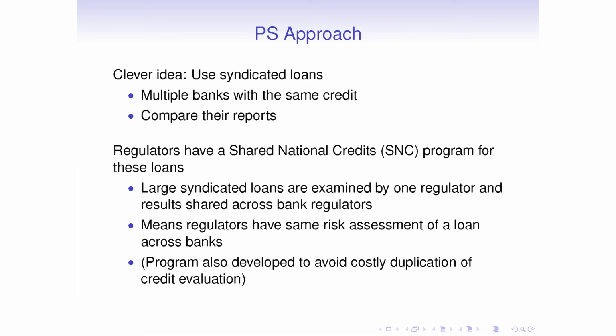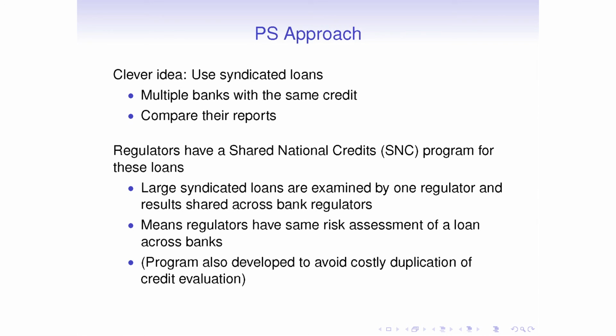So here's their approach. I think it's a really clever, nice idea. They take these syndicated loans, multiple banks with the same credit, and compare the reports. In information theory, there are old ideas about setting up games with people who have the same information, eliciting information. There's Harris and Townsend, and Ma, I think it was Ma as well, in the 80s. And this is kind of along that idea. Basically, these banks have the same credit. Let's compare the reports. And the Shared National Credit program, the system that they're exploiting, is basically that these large syndicated loans